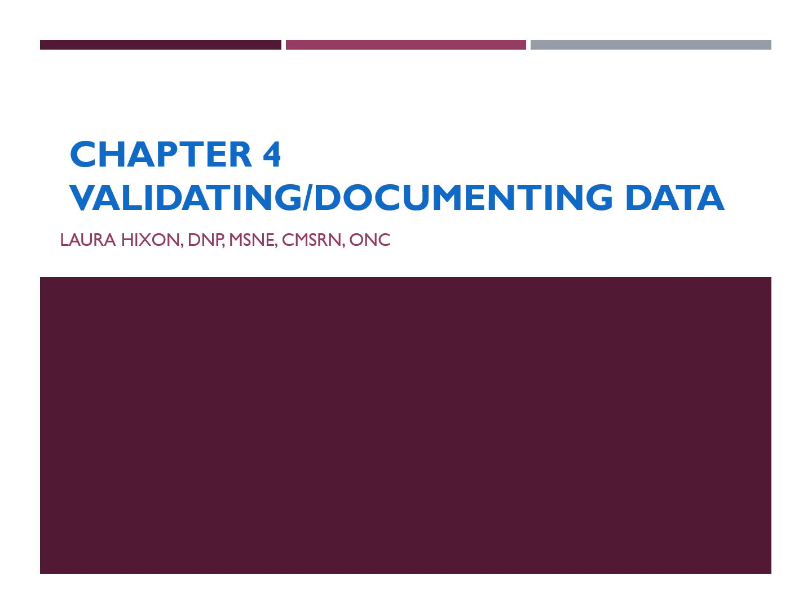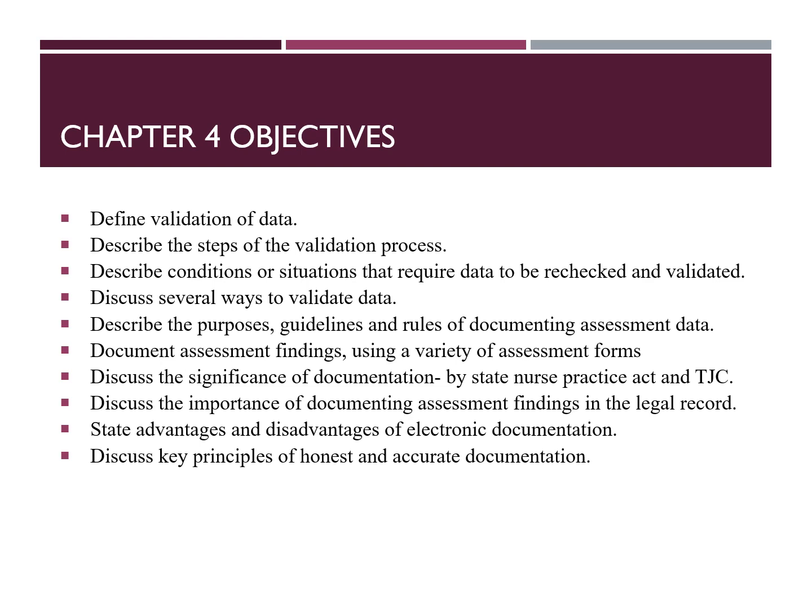This is Chapter 4, Validating and Documenting Data. The objectives for this chapter are defining the validation of data, describing the steps of the validation process, the conditions and situations that might require the data to be rechecked or validated, discussing several ways to validate the data, the purposes, guidelines, and rules of documenting and assessing data, discussing the assessment findings and a variety of different types